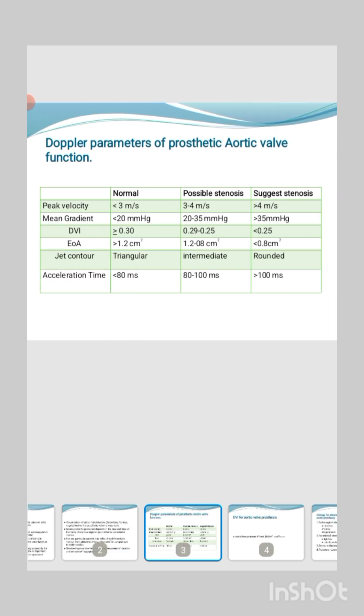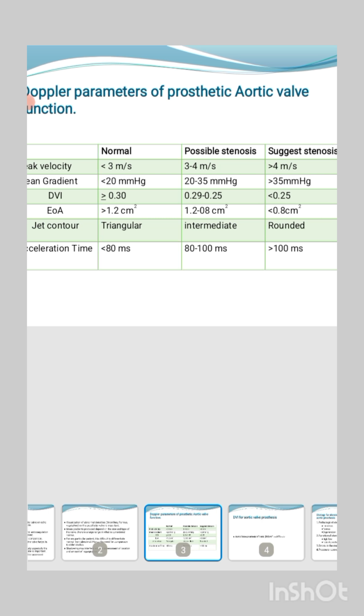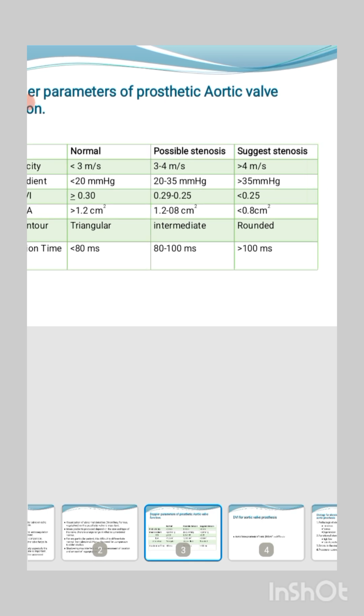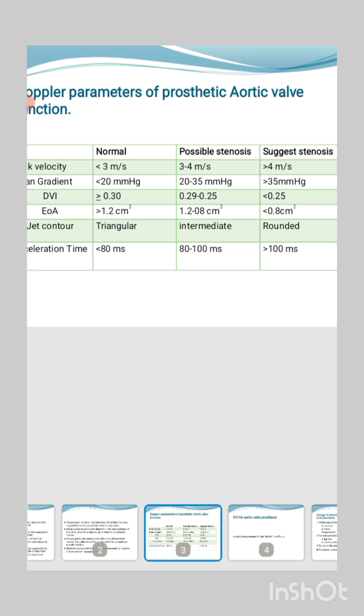Doppler parameters of prosthetic aortic valve functioning. Number one, peak velocity less than 3 meters per second is normal. When it exceeds 3, at 3 to 4 meters per second, there is possible stenosis, and above 4 meters per second, the velocity is suggestive of stenosis. But there is another parameter we should assess with it. Mean gradient less than 20 is normal, 20 to 35 is possible stenosis, and above 35